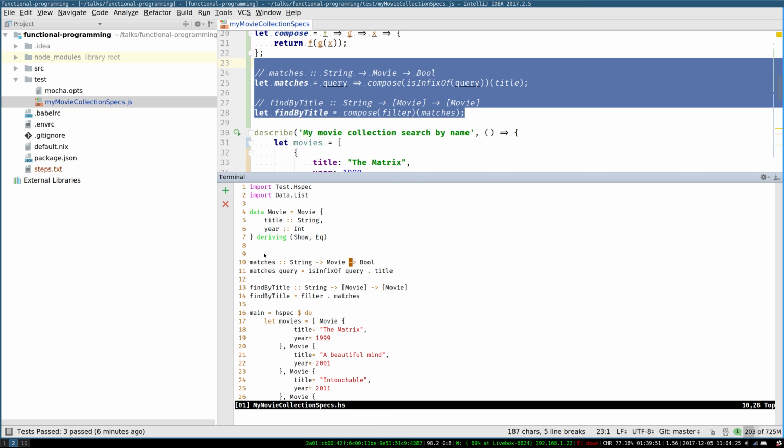And that's it. We refactored our JavaScript code, which was imperative, to purely functional code, which is written in Haskell. Thanks for watching. And if you want to learn functional programming, I highly recommend you use a purely functional language like Haskell. The reason is Haskell will force you to use a functional way of coding,